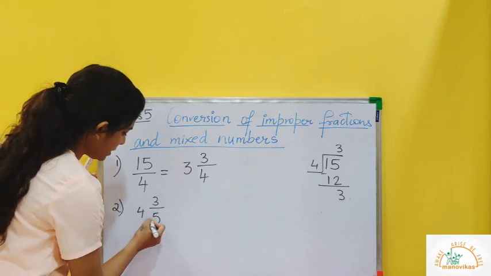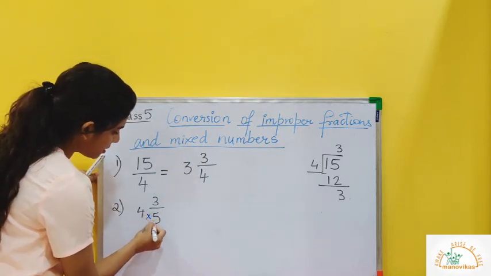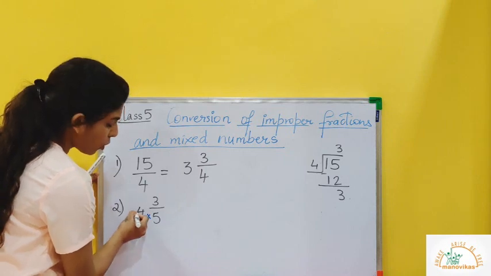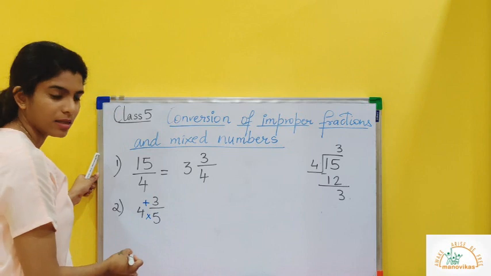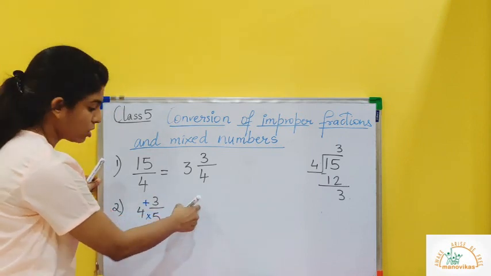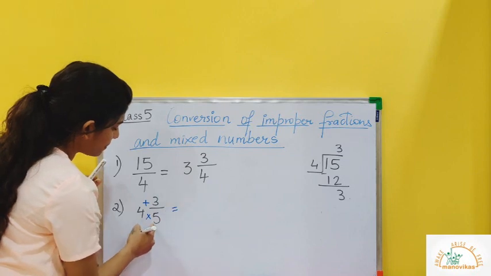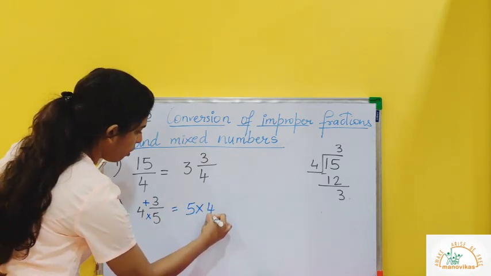So what I do here is, I multiply the denominator with the whole and add the numerator. This will give me the numerator. So how do I do it? I multiply 5 by 4